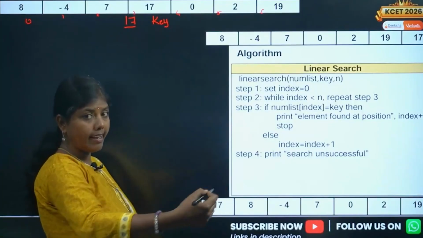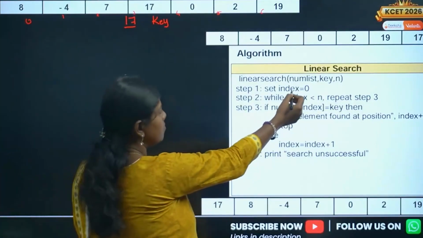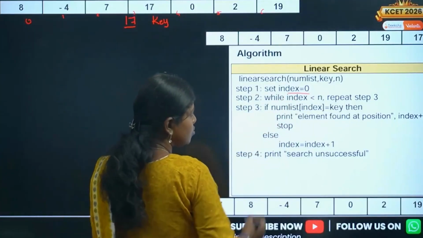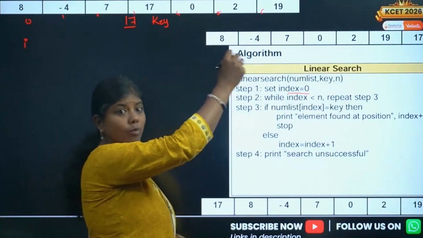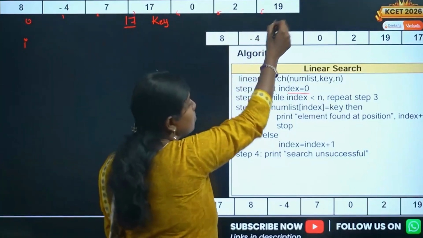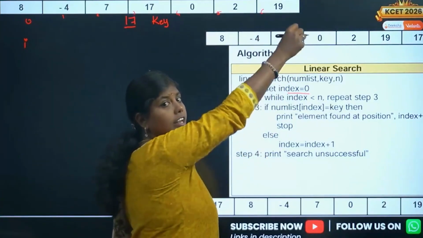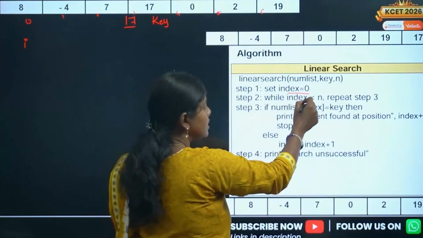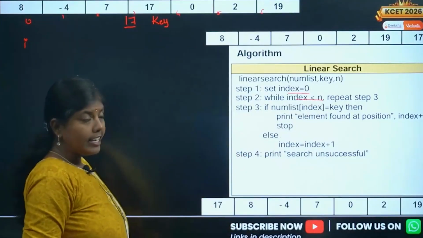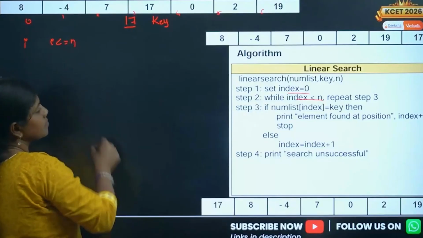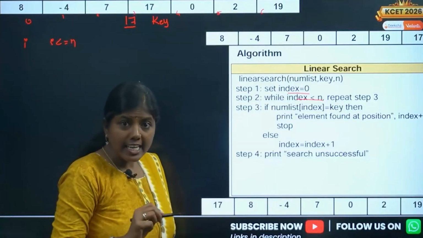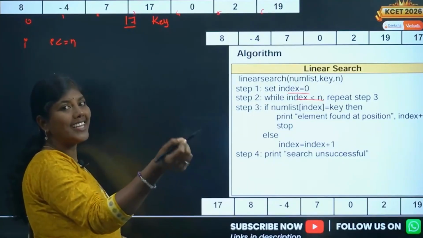So now I need to write an algorithm for that. We have to start from index I equal to 0. Then I have to compare till where? Till the end of the elements, which is given as index n. That means I should be less than or equal to n. In each case, I have to compare: is it equal? Is it equal?